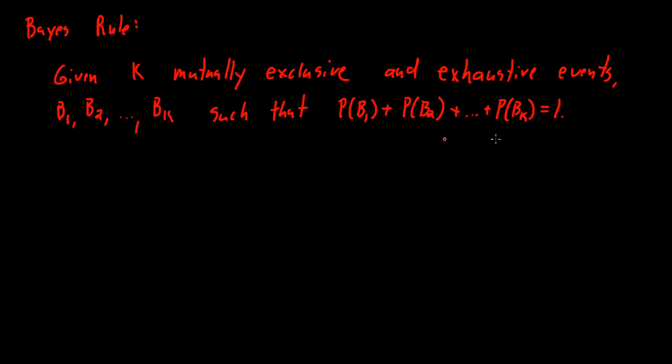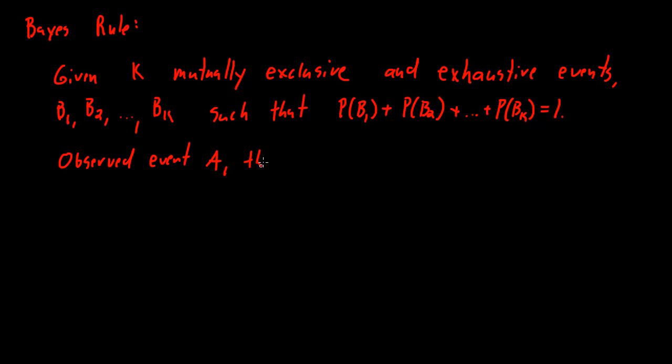So if we add up all their probabilities, it has to sum to 1. If we then also have an observed event, A, which can overlap any number of these B events, but has to still be in our same probability space,